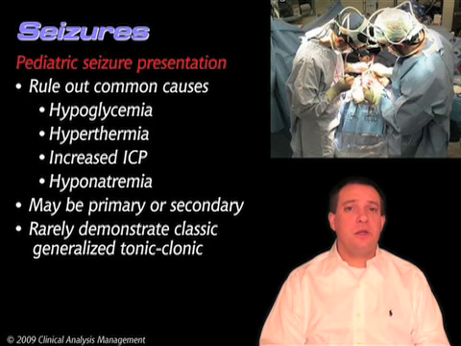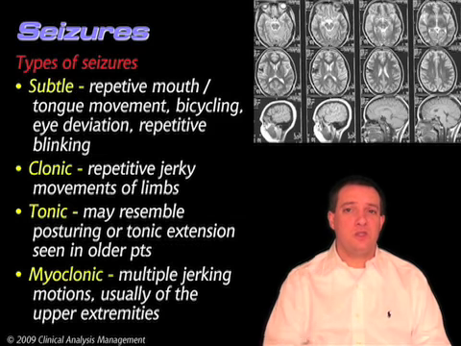In children, we typically don't see that. Instead, in children, what we typically see is something called subtle seizures. And the younger the kid is, the less likely it is that we're going to see the classic adult presentation of a seizure. In little kids, a lot of times we see these subtle seizures, and remember, subtle seizures are things like the kid just kind of deviating their eyes off and going to a land where you're not at,